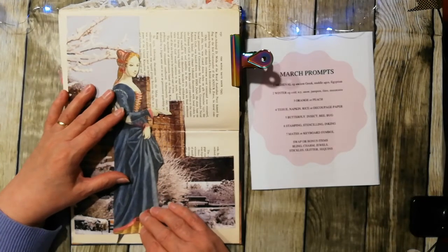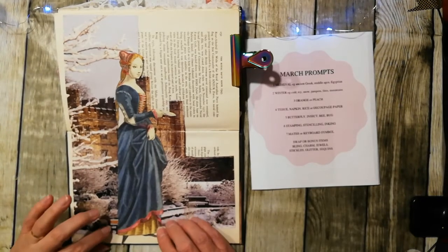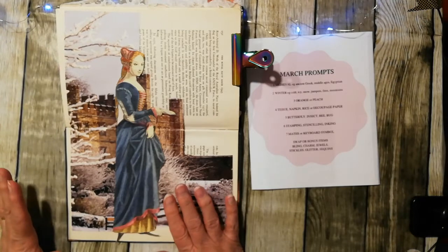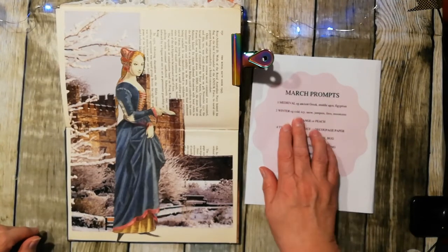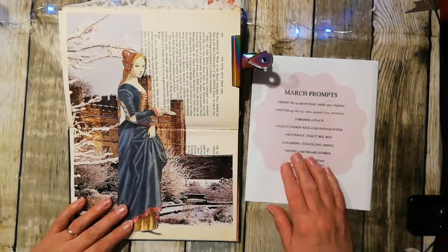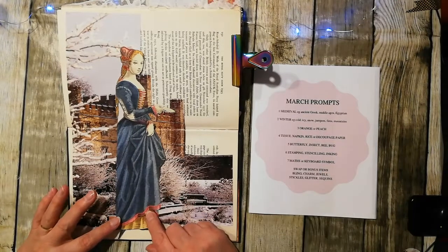I haven't quite figured that out properly yet, because I also want to cover up this bench, but I can do that using some of my bits and bobs that I've got. So that's my medieval and my winter. The problem is, the only thing I could find is basically her hair's a little bit orangey. Obviously she was a bit of a redhead. It's yellow and pink really,